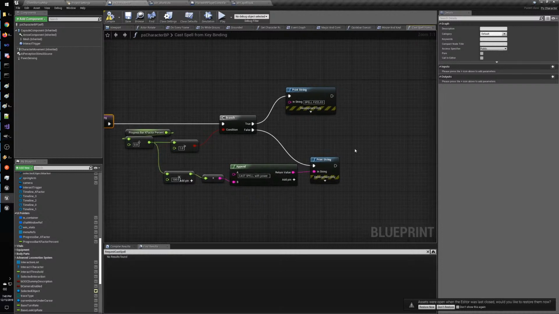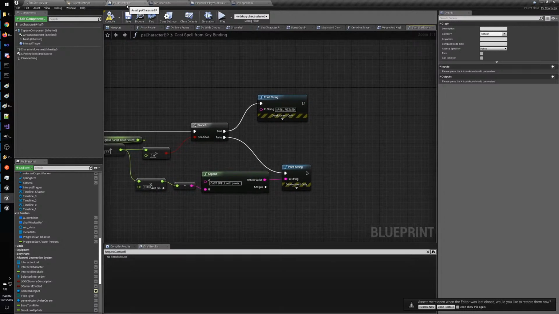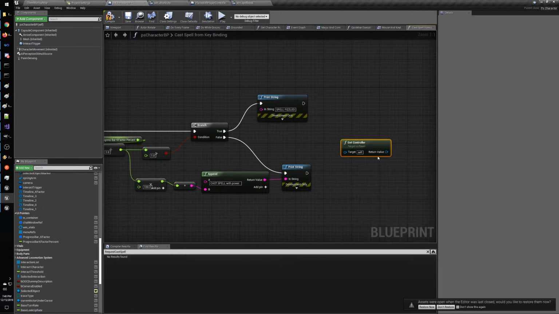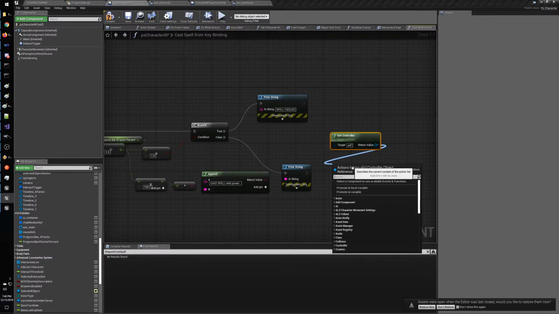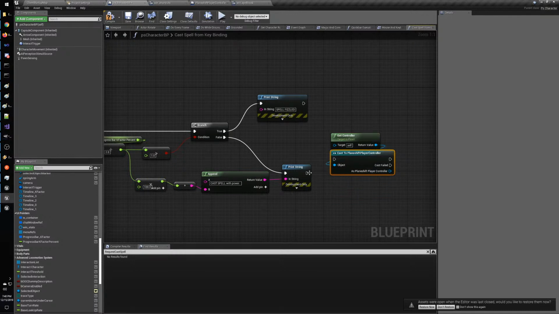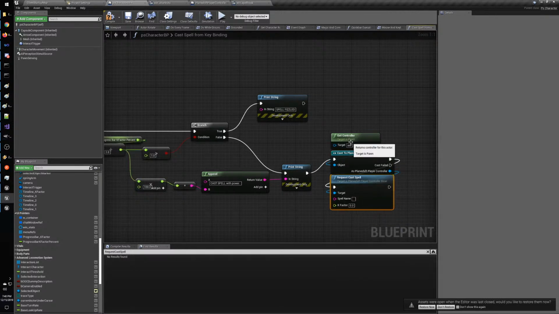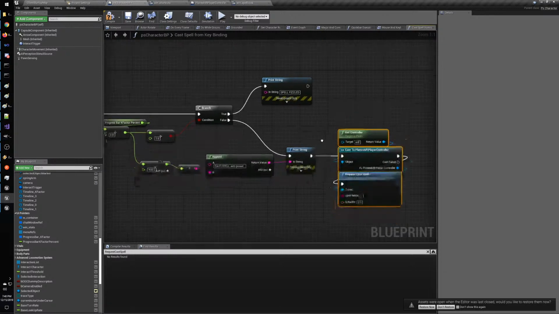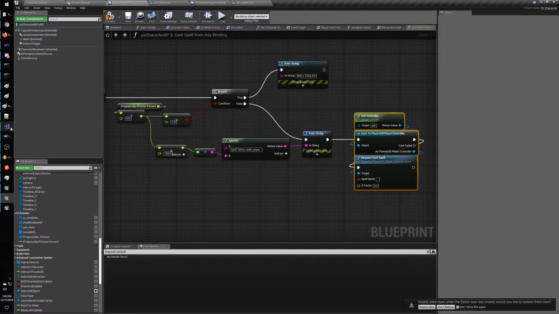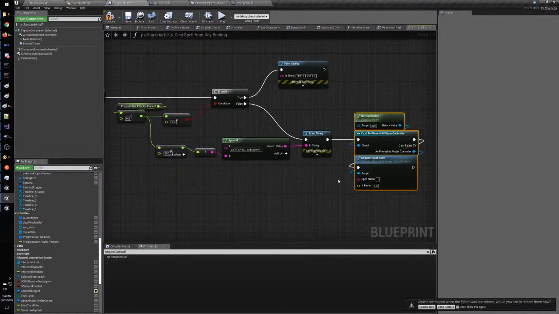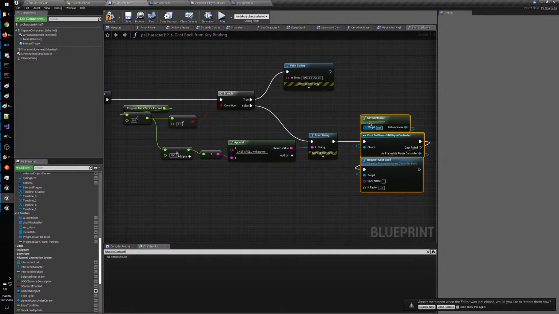So I can do just from here, which I'm in PS character BP, I can just do get controller and it will be fine. I just need to cast it obviously to plane shift player controller, because otherwise it would never work. And here I will just use request cast spell, right, which we already have in the code and is already calling the right function, because we saw that this one is calling spell manager cast spell exactly with the right information. Now the problem for us,